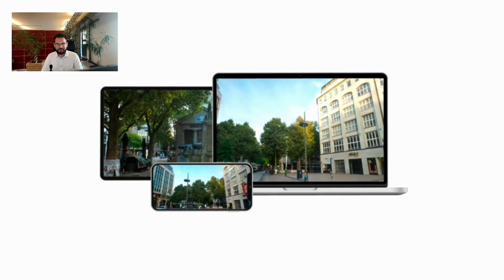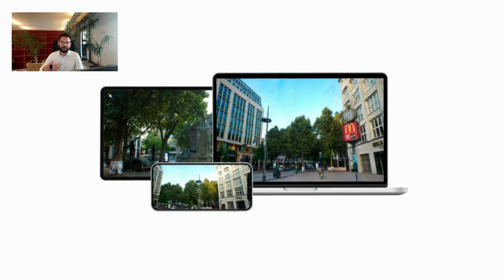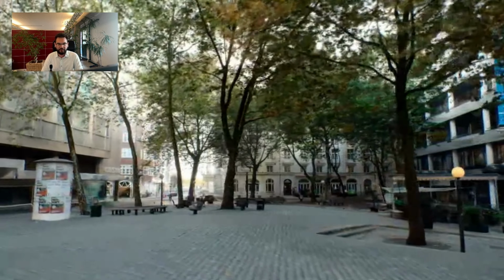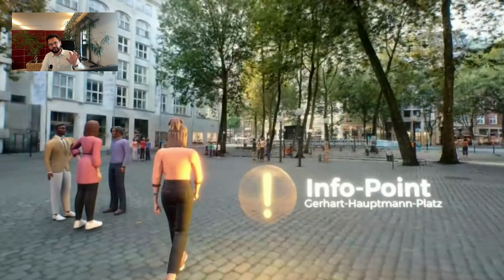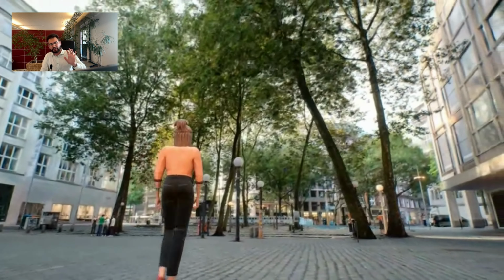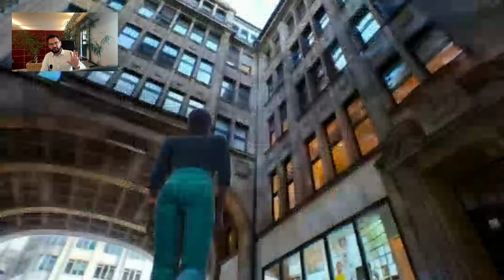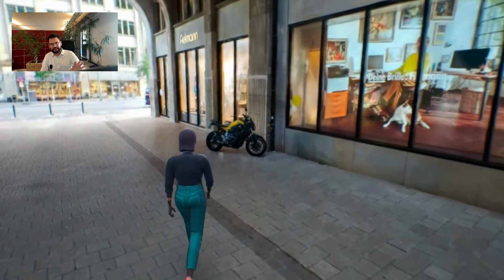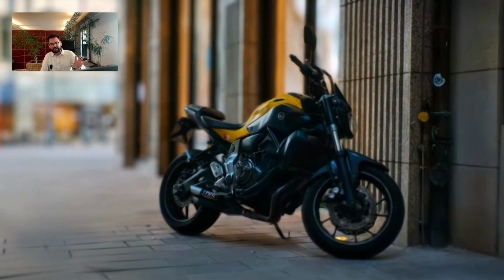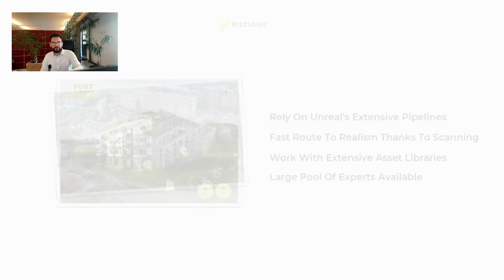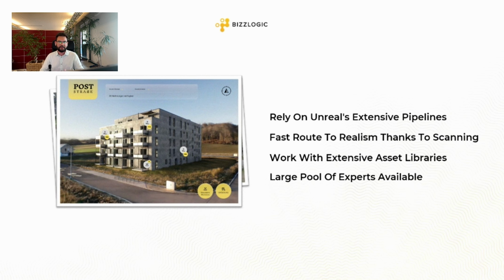If that's something of interest, we can definitely meet up at a later point. I can show you how the technology works, but we were able to implement this in our platform, and the strength really comes to life as soon as you combine it with things. Because when you combine it with a virtual object, the virtual object instantly looks almost realistic because it's embedded in something that is realistic. And that allowed us to create this product, because the building itself, if we would create a virtual environment, would look like a very gaming preview rendering kind of thing. But since we scan the environment and place the building in, it instantly looks like it's naturally in place.